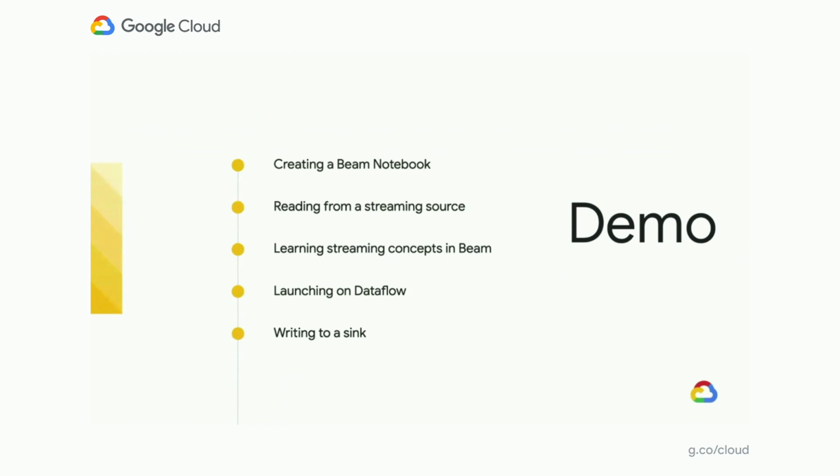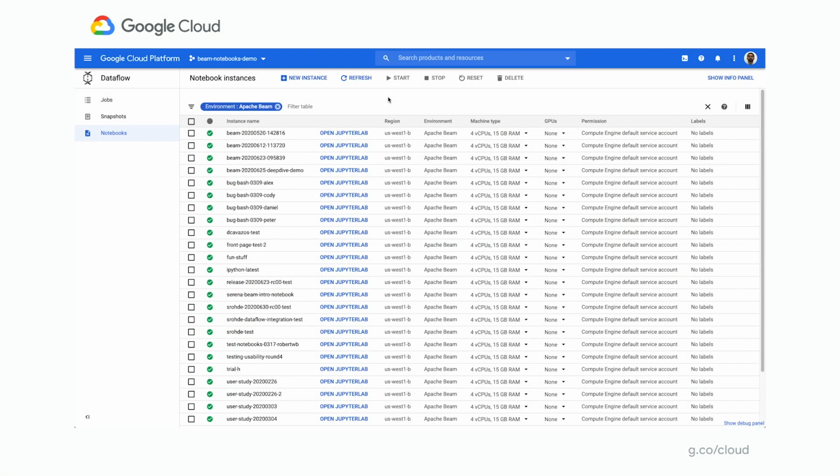So let's see this in action. To get started with Beam notebooks, Serena will navigate to the Dataflow console, and using the left-hand panel, navigate to the notebooks page, she'll see a list of the notebooks she's created, specifically with the Apache Beam environment. And if this screen looks familiar to her, she'll realize that this is actually identical to the AI Platform Notebooks interface. Beam Notebooks is built on top of that platform, meaning any features available in AI Platform Notebooks is also available through Beam Notebooks. She'll click on the New Instance button at the top, which will show an option for